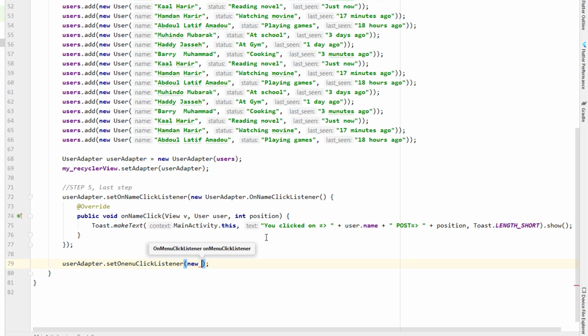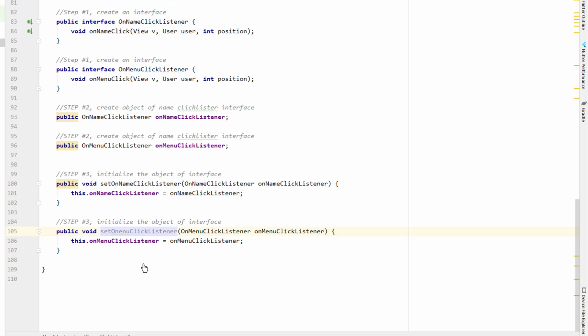Something is wrong. On menu click listener, new on. So let us first go and see what could be the problem. Okay, on menu click listener, and I have on menu click listener,